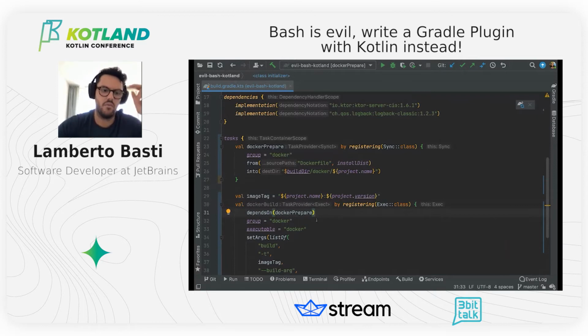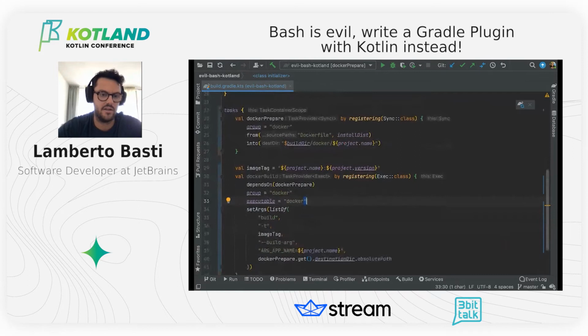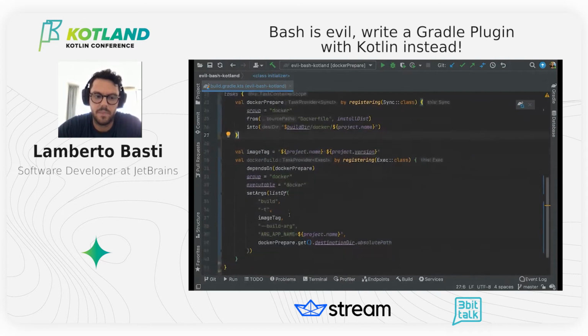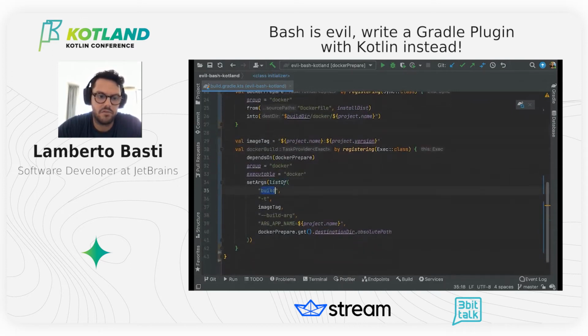Okay, so we need to pass the list of arguments to Docker, right? So there is this function here available in this exec class. Let's just briefly recap what an exec task is. Executes a command line process. Okay, that's perfect. It's what we need. And we're going to do the list of build, which is the first command that we're going to pass, -t, then the image tag that we're going to pass. The build arguments,